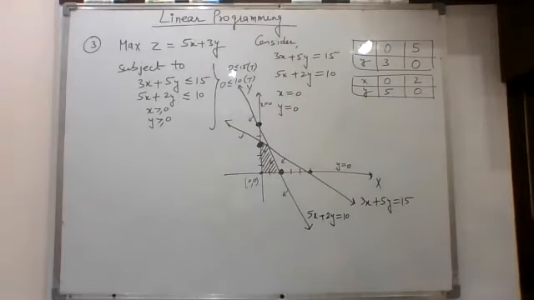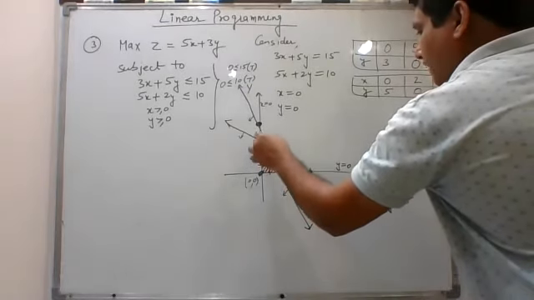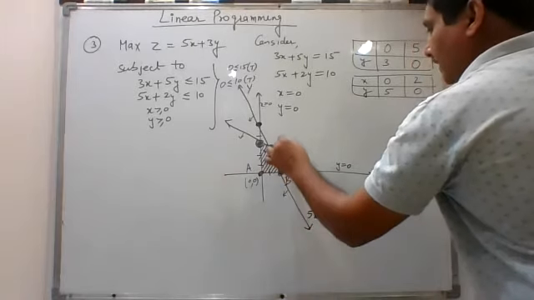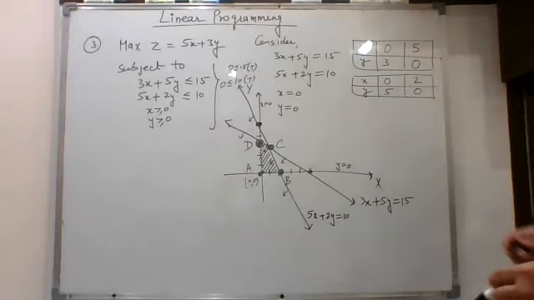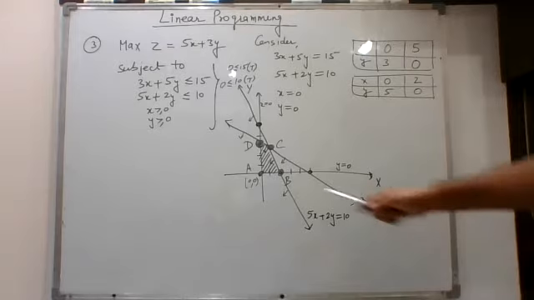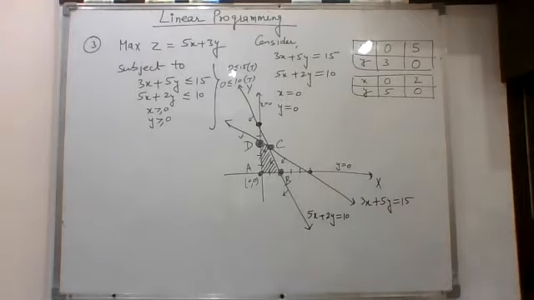This common region is known as the feasible region. Now, these 4 points are known as corner points of the feasible region. Let me take this as A, this as B, this as C, and this as D. These A, B, C, D points are known as corner points. After getting these corner points, you will write the coordinates of these corner points. Out of these, we can write A, B, and D also. We just have to find the coordinates for C.